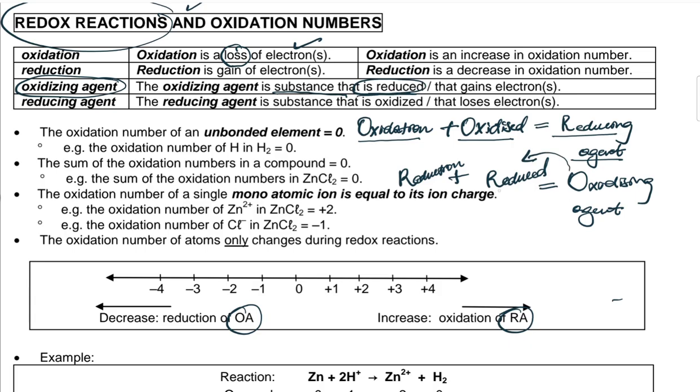The oxidizing agent is the substance that is reduced, meaning it gains electrons. What is reduction? Reduction is the gain of electrons. You see that? The reducing agent is the substance that is oxidized. Since the reducing agent is oxidized, meaning oxidation, it must be the substance that loses electrons. Oxidation is the loss of electrons. Okay, so now